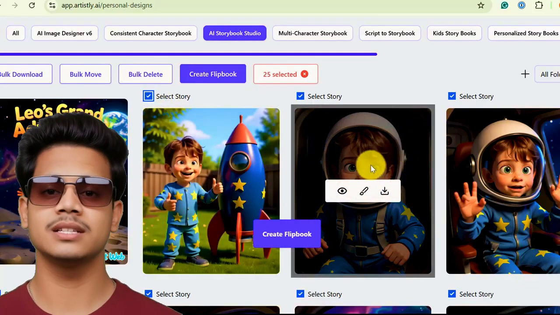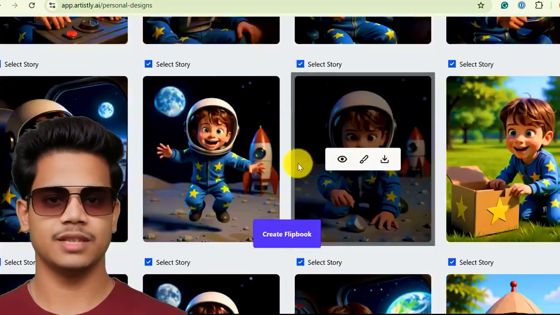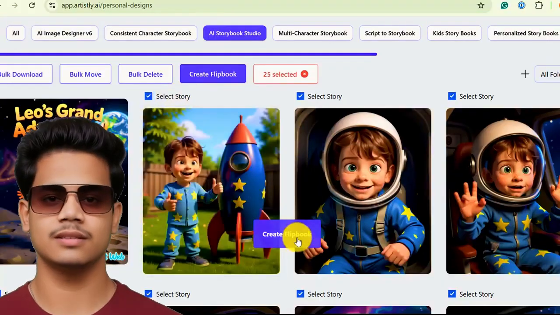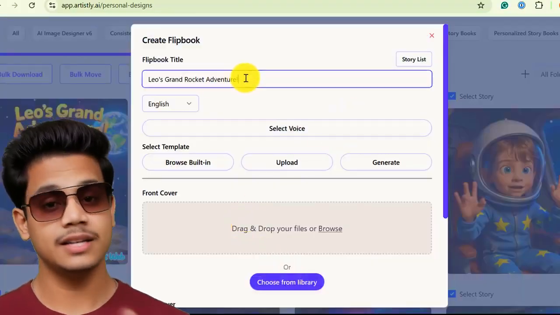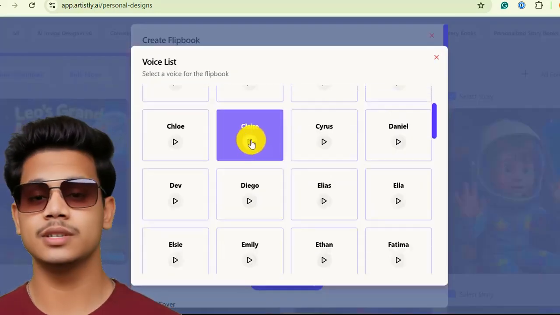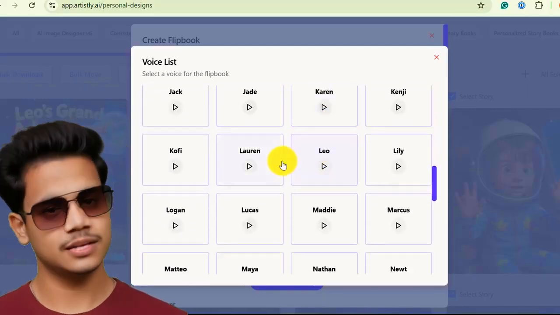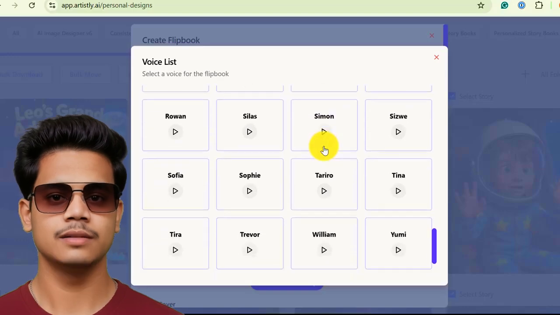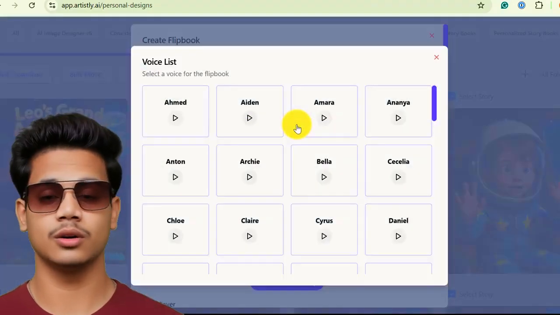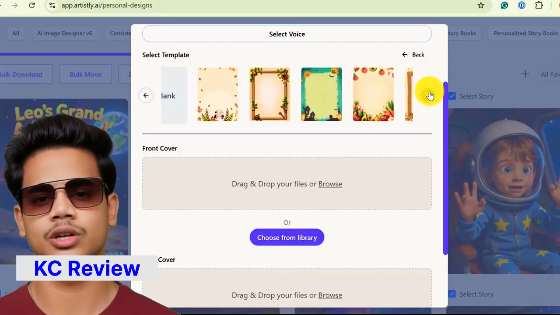If you click one of the pages, all the related pages from the story will be selected. You can see that 25 pages have been selected. By the way, Artistly has also created the cover page for us. Once again, click on Create Flipbook. Here you can even add read aloud narration to bring your story to life. Simply choose a voice and a language, and Artistly will generate a beautiful audio track that reads your story as the page is turned. It is perfect for sharing online, for bedtime stories, or for creating engaging content for an audience of any age. Choose the template front and back covers and hit generate, and your flipbook will be ready.